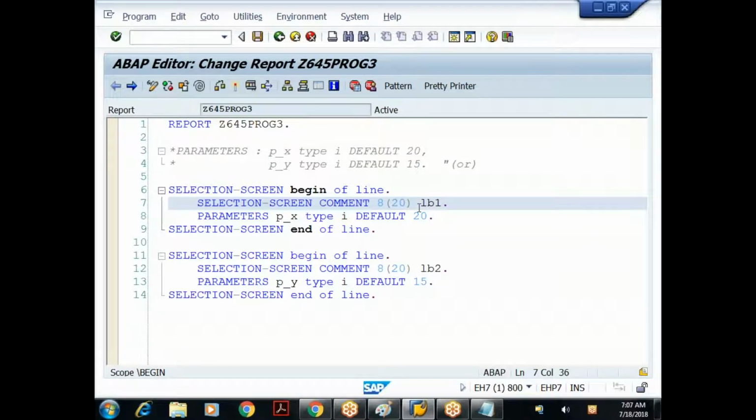In ABAP, or in any programming language, we have the concept of event handling. By handling the events, we can provide dynamism to the applications.